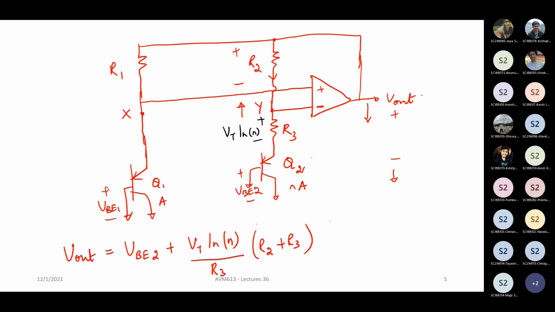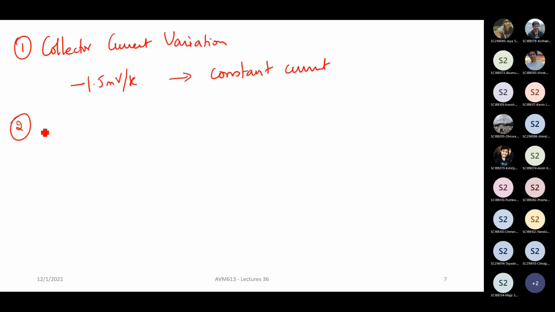If you look at most of the papers, you will see that you have a PNP transistor used for your diode. Some papers may just put a PN junction diode like this, but the diode is typically implemented as a PNP transistor. So basically a PNP version is widely used.